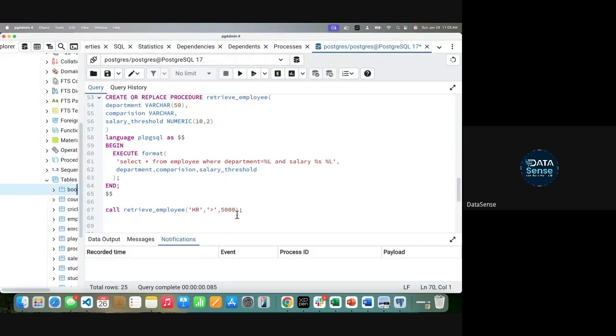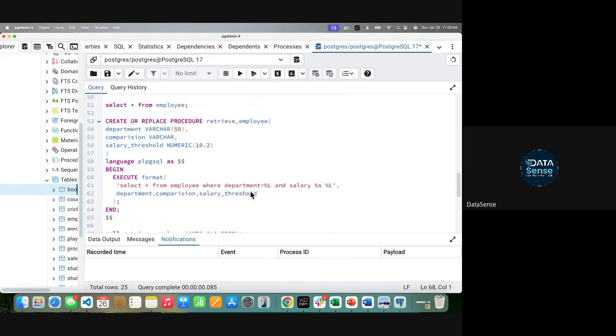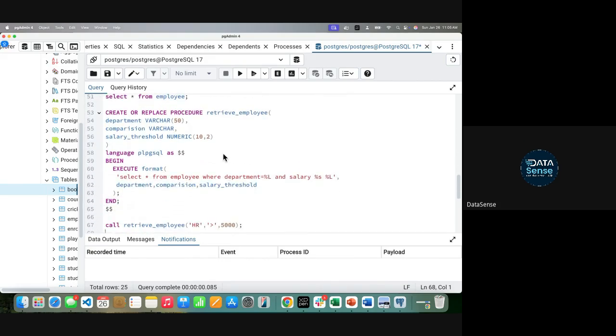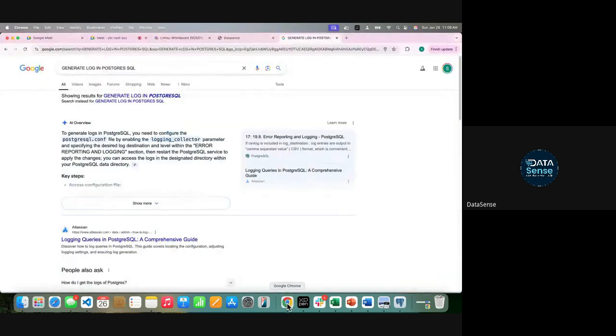So generally, क्या होता है कि you can see the result. Maybe you can store the result in some temporary data, and then you can check that temporary data. वो सब कर सकते हैं. Like those things we can check in some other class. But this is how stored procedures are created. You just need to understand the concept. Syntax को पता होना चाहिए and कैसे लिखते हैं. Companies में you will see a lot of code which uses stored procedures, so you should not get confused about what is happening. Okay. So that's it for today's class.